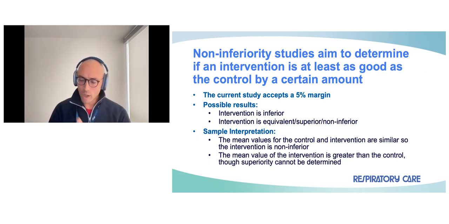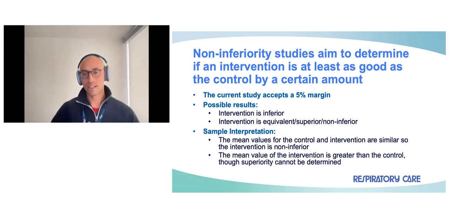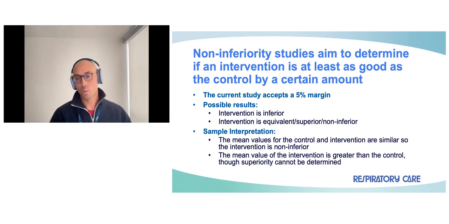not to determine if one thing was better than the other or if one thing was in effect different than the other. They were interested in determining if this intervention was at least as good as the control by a certain amount, meaning that this thing is not 5%, in this case, 5% worse than the control. So I'm saying it again, this current study was looking at whether or not the FEV1 benefits in high flow vibrating mesh nebulizer were at least within at least 5%